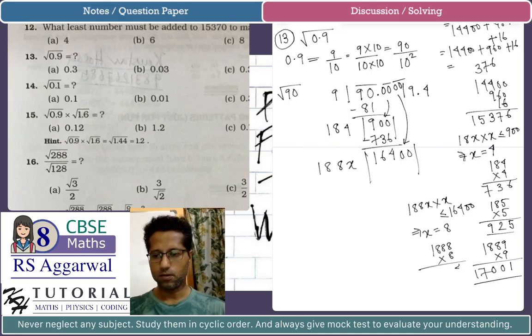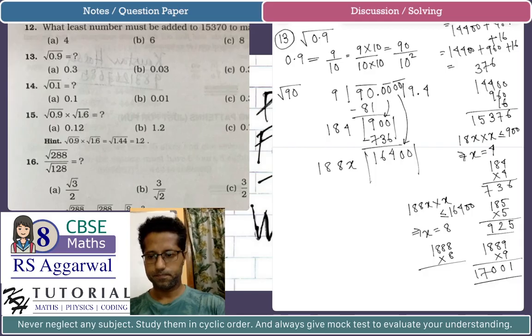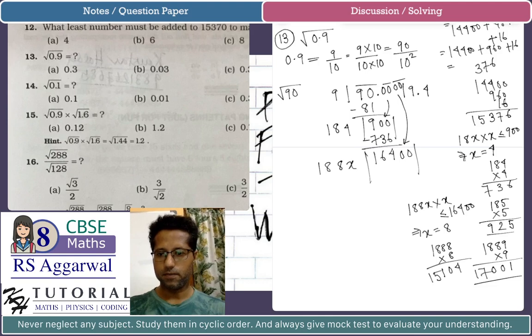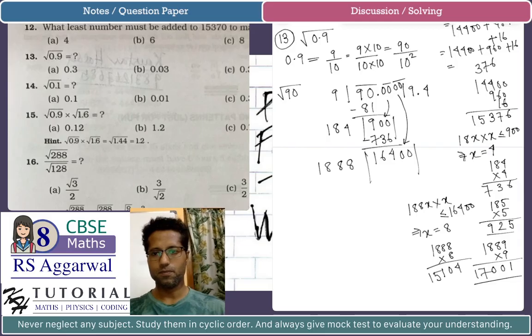This is 64 and 64, 70, again 64, and then we have 71 and 15. So x will be 8, and 8 will also be appended to the current question, that is 9.4. It will be appended, and 1888 multiplied by 8 is